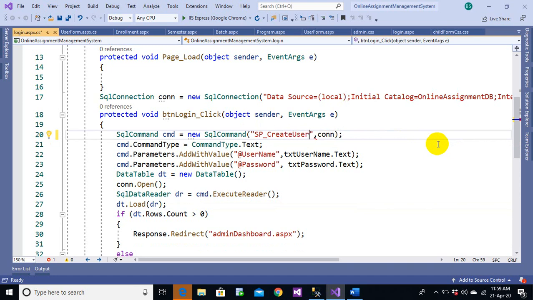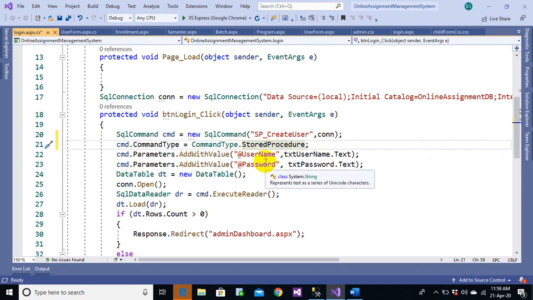Now instead of CommandType.Text, I need to provide CommandType.StoredProcedure. Username is the same that we defined as the username, and password is the one that we defined as the password. And obviously we would also, okay, sorry.